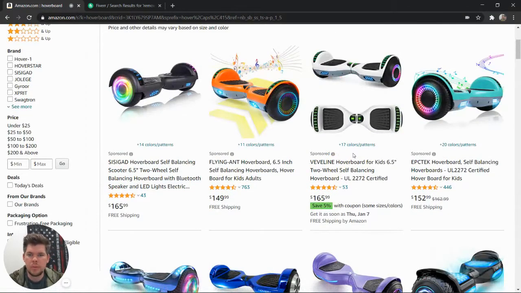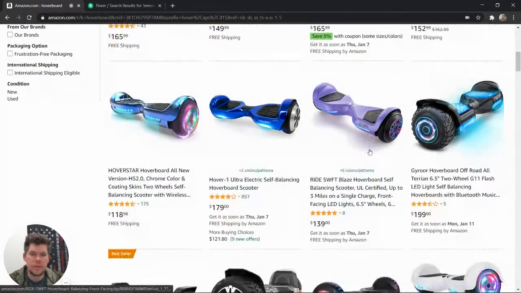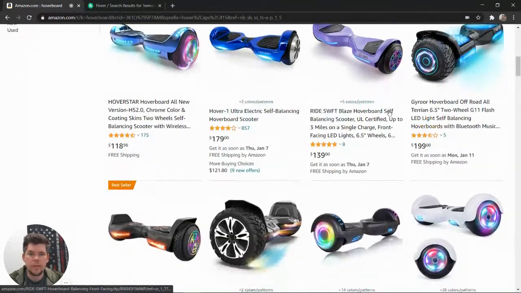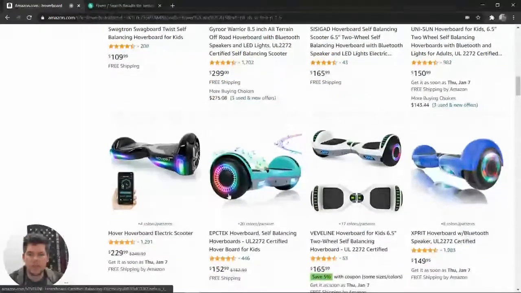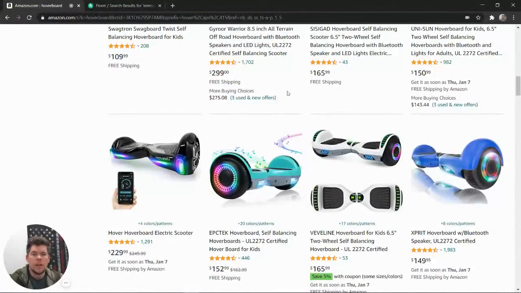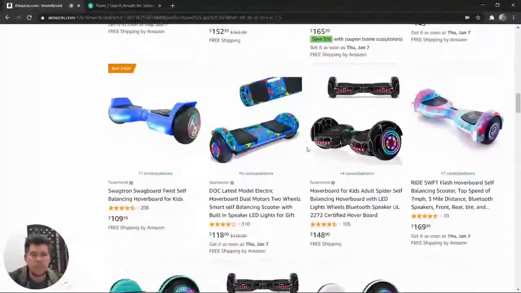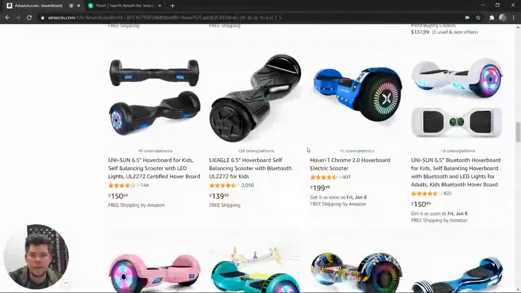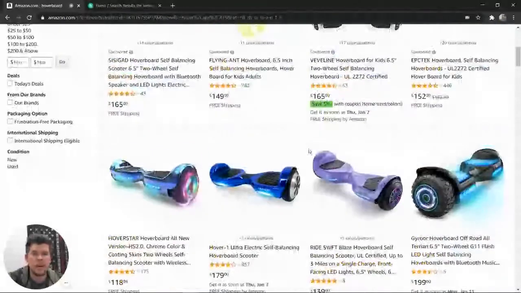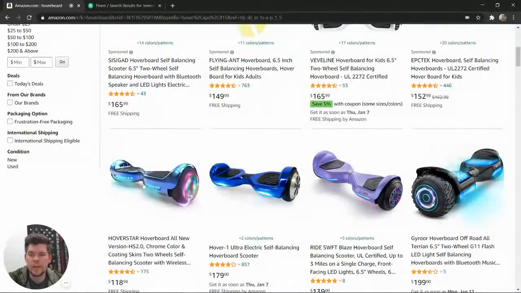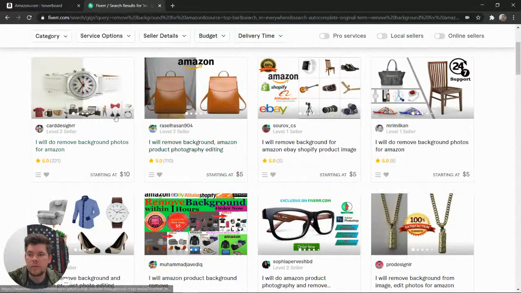Alright, so I've got Amazon pulled up here, and I was just wanting to show y'all that if you look through Amazon, you notice I pulled up hoverboards. But you notice that all of these images have no backgrounds. They're all transparent. So I'm going to show you how you can start making money by removing these backgrounds for whatever you're wanting to sell, or for a person who may be wanting to sell, and you can just make the money from them. So if we head over to Fiverr right here,